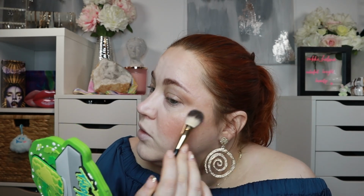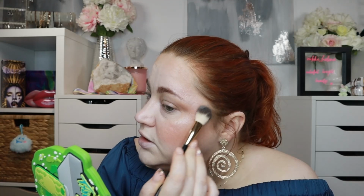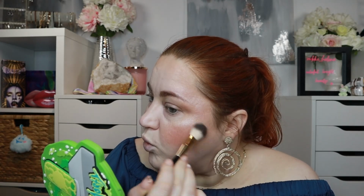We do, by the way, have more lip products than I have lips. So it's always a good thing, if you ask me. So this one is definitely more blinding highlight. You can tell here, it looks like it's freezing, and it's really cute, don't get me wrong,